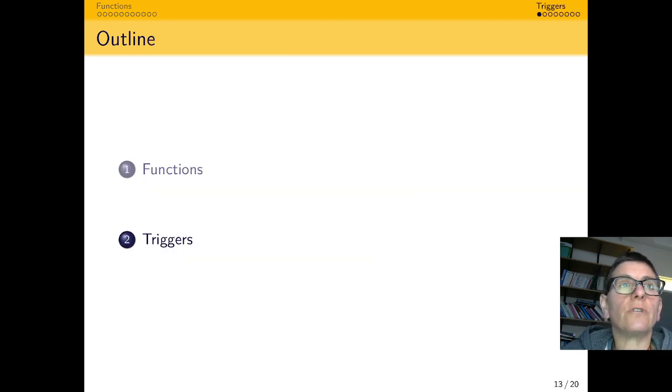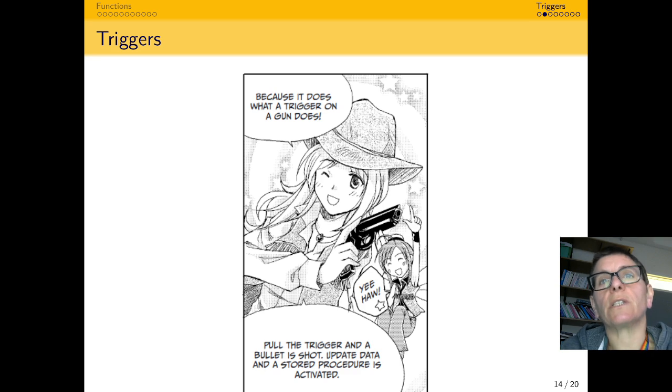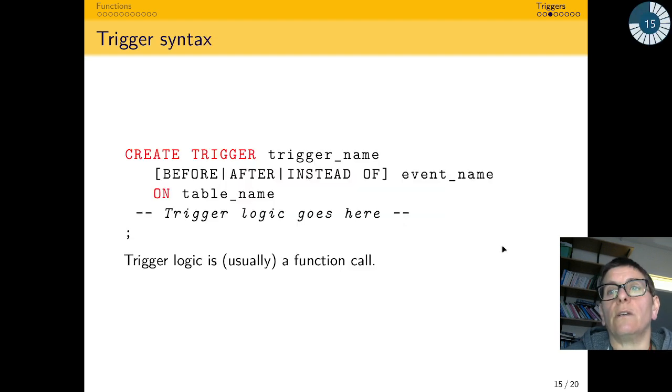Now I'm going to look at triggers. Triggers are called triggers because a trigger does what a trigger on a gun does. If you pull the trigger, the bullet is shot. If you update data or do something that a trigger is attached to, it will trigger the running of a stored procedure. So the syntax of a trigger: create trigger, trigger name, either before, after, or instead of